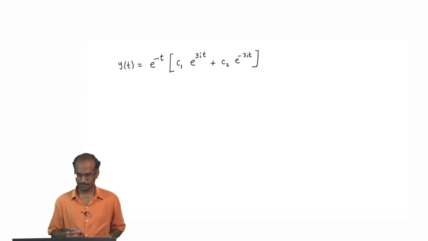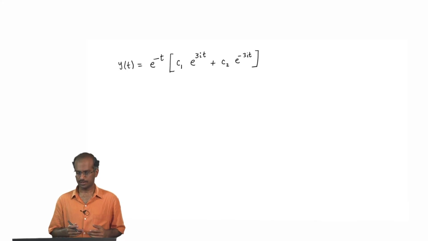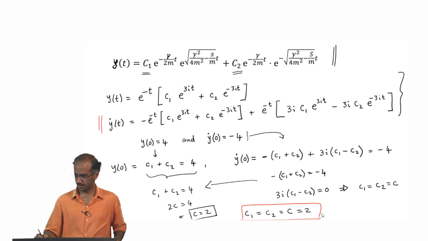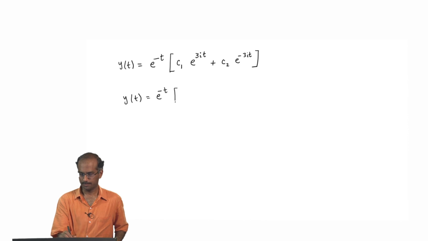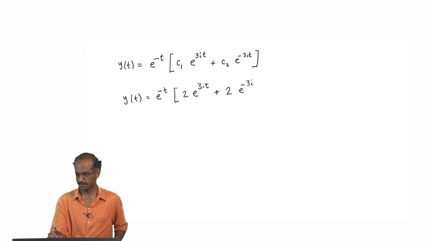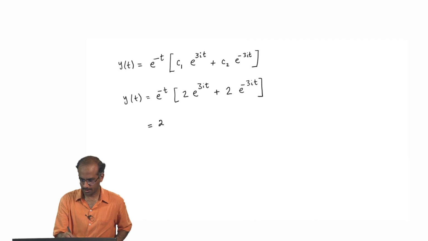So, this is the explicit solution we wrote down earlier for displacement as a function of time. The undetermined constants were C 1 and C 2, and we now know that both are equal to 2. Hence, our explicit solution will be y of t is equal to e power minus t, 2 e power 3 i t plus 2 into e power minus 3 i t. Now, you can simplify it a little more, you can take 2 outside, I will get 2 into e power minus t